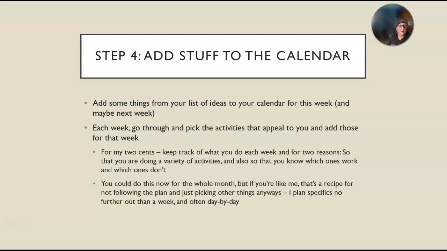Okay. You can calendar out the whole month if you want to, and you can add all the activities for the whole month if you want to. Feel free. For, I guess it's 3 weeks actually, not a whole month. That doesn't work for me. I would do this week by week or day by day. So I might plot the amount of time on a given day and then wait till the day of to figure out what do I feel like doing or what's going to work for me today.